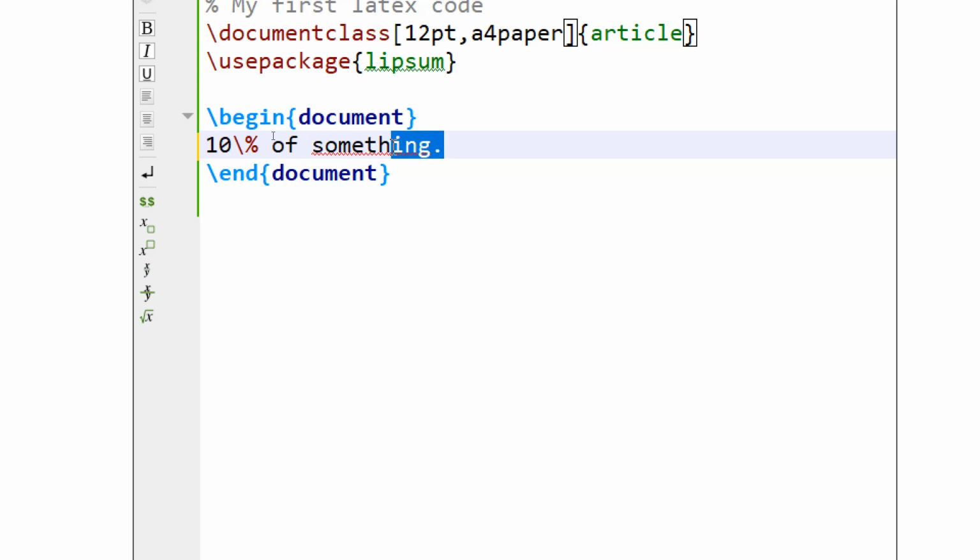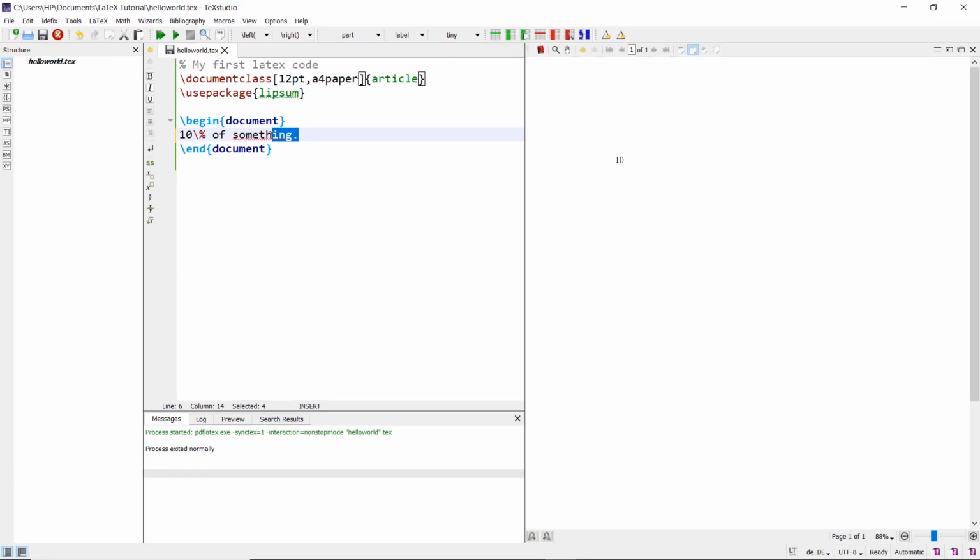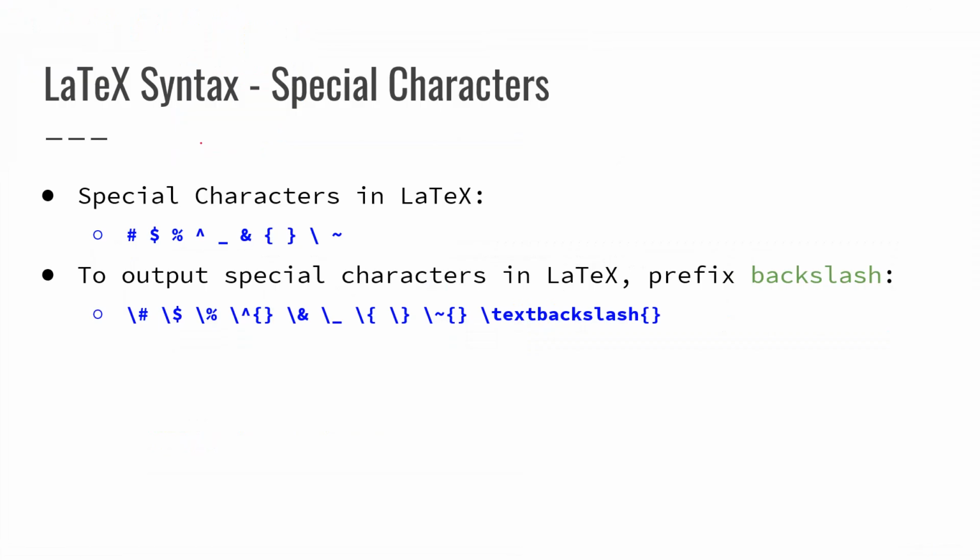Similarly, we have various types of special symbols which are displayed here. We have hash, dollar, percentage, caret, underscore, ampersand, opening and closing flower brackets, backslash and tilde symbol.